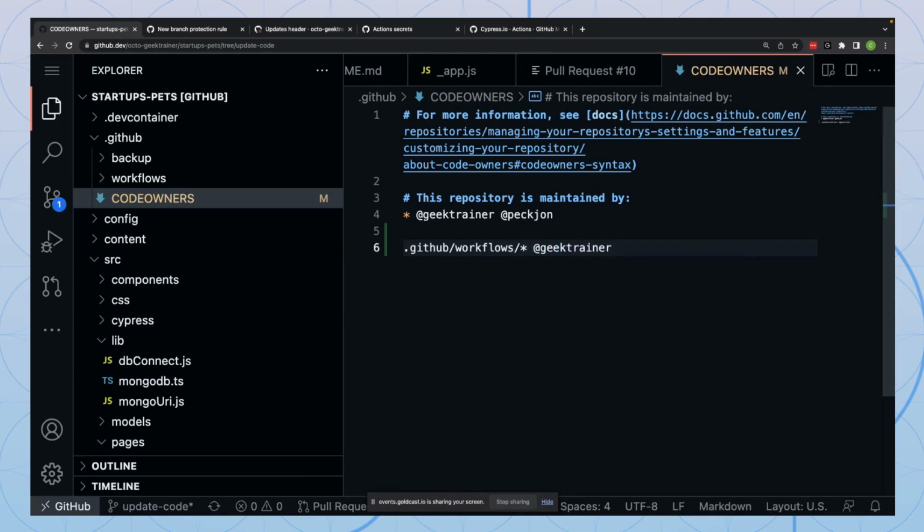And that's now going to be owned by me as Geek Trainer. So any updates to that folder require approval from me. Or let's say that there's some other special folder where you always need to make sure that somebody reviews that code, then you can specify that right there. And so this allows you to ensure that for any of the more sensitive files, that they always get approval